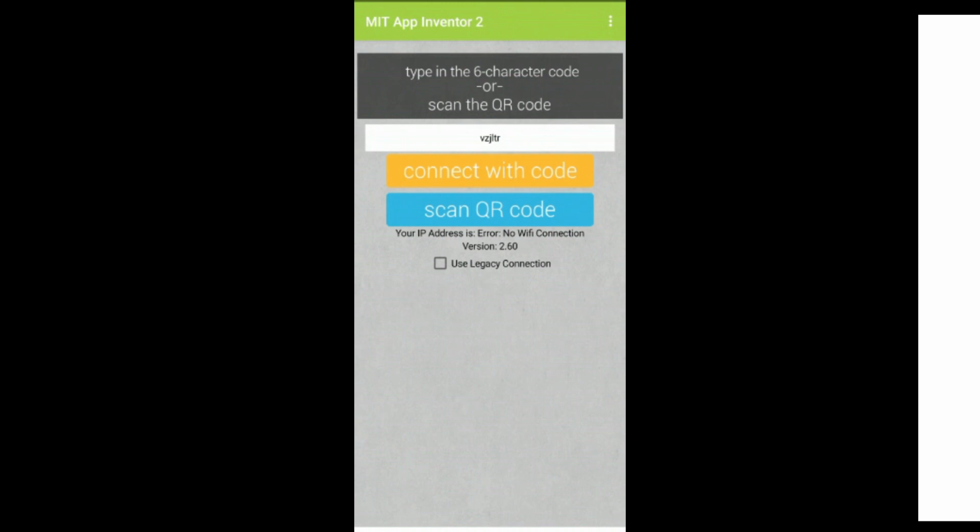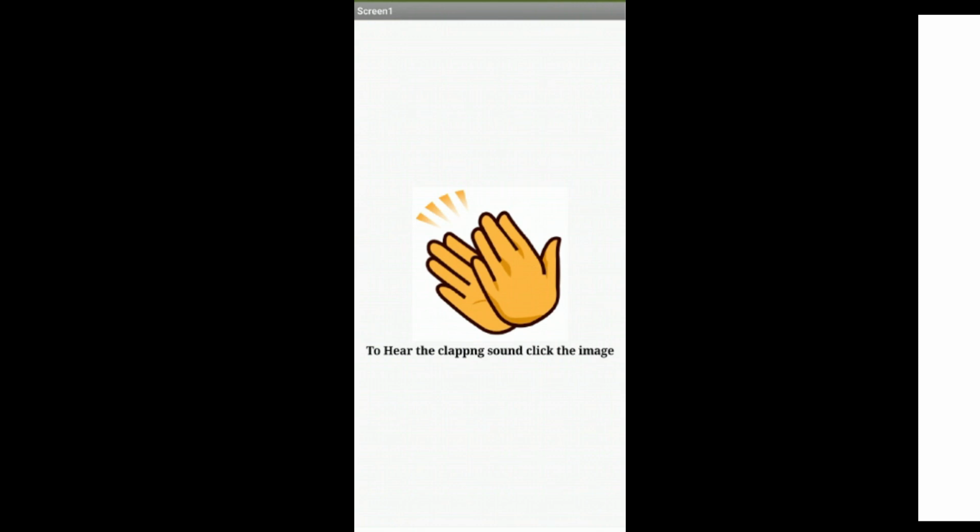Now you have to wait for some time and then it will load the app you have made. As you can see, the app has been loaded. So I just clicked on the image and I got the sound of the clapping.